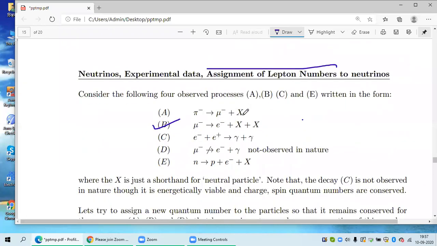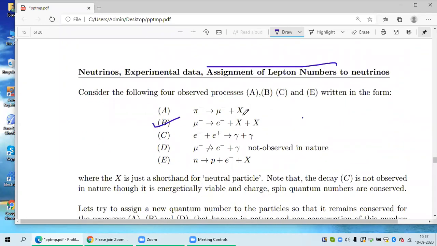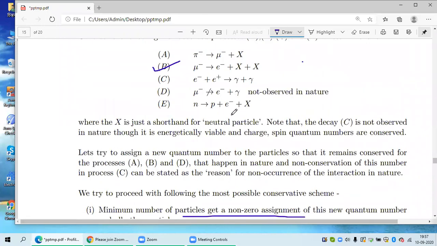Can it be shown from this equation? So in this equation, electron gets 3. This reaction happens in nature, so electron will get L value 3. Then we have to assign L value of x, which is already -1, as we have seen. So 3 minus 1.